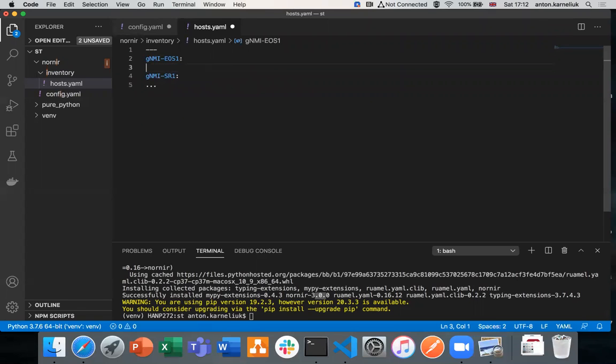Then inside each device, we need to add a few keys such as hostname. In our case, we would use the IP address because we are using this key to connect to the network element. So for Arista, we provide the IPv6 address out of our topology. Then we also provide the port, because we need to specify onto which port the gNMI protocol is running, and we are also adding the username,